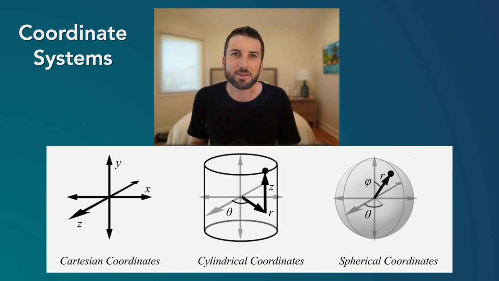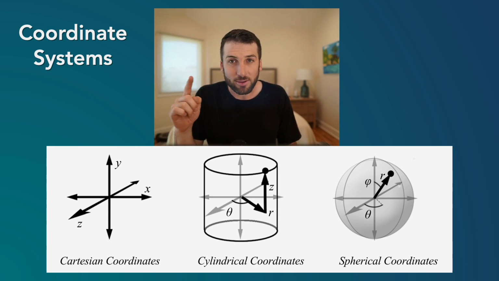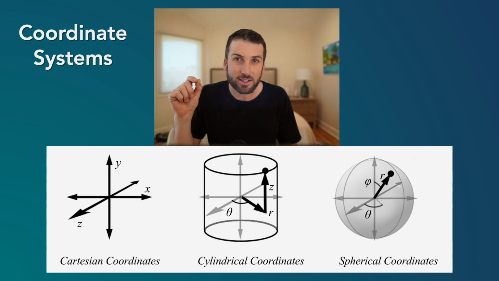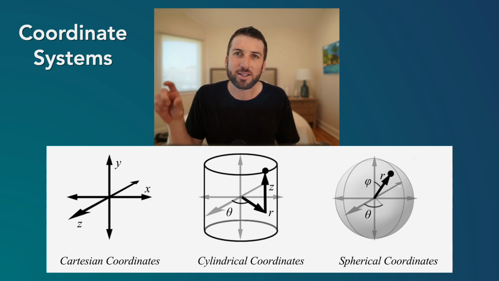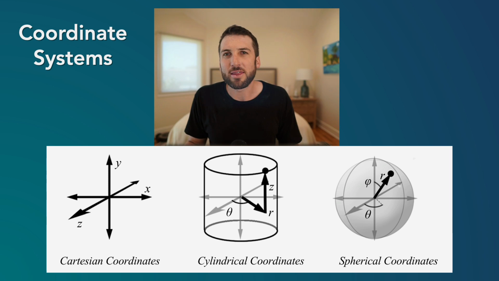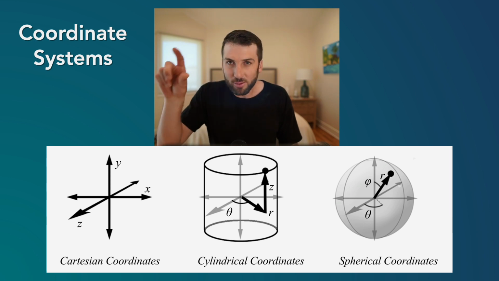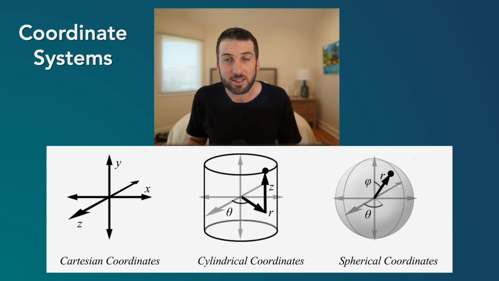Now, there can be other types of coordinate systems, and this could be relevant depending on what kind of system you're studying. So if you're studying a cylindrical system, this has the horizontal angle, the radius to the cylinder, and then the height z. And these are also all orthogonal to each other. So the change in one doesn't influence the change in others. Another really useful coordinate system is spherical coordinates. This has horizontal angle and vertical angle, as well as a radius. And so this also is orthogonal. All three of these axes don't influence the other one.